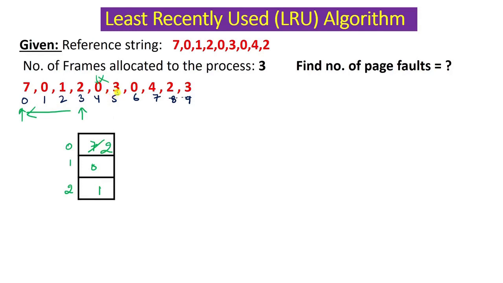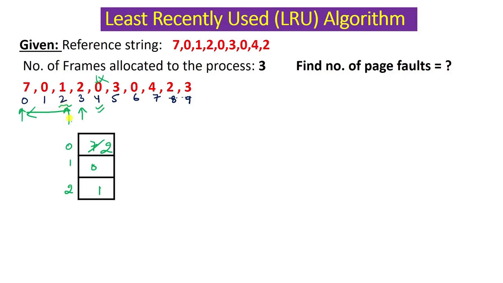But when 3 came, 3 will generate a page fault. So which page should be replaced? Because the time of 0 has been updated, now it is accessed at 4 p.m. Okay, so out of 2, 0, 1, 0 will not be replaced. Then we saw for 2 and 1, the time of 2 access is 3, and 1 was accessed at 2. So out of 2, 3, 4, which is minimum? 2 is minimum, this time is minimum.